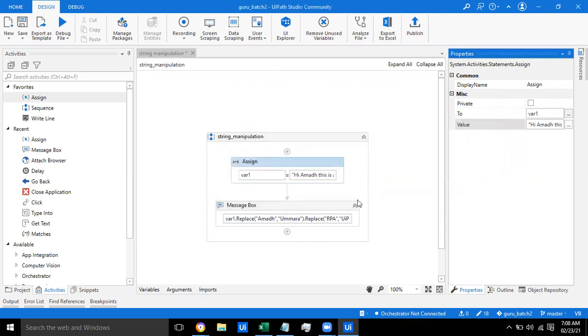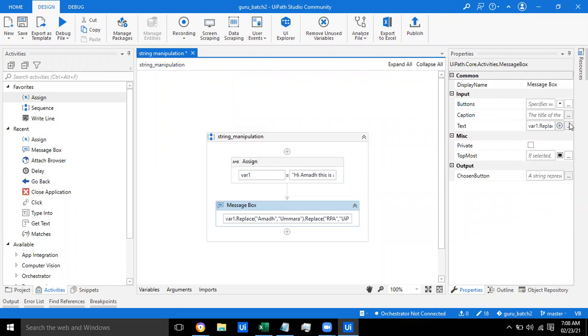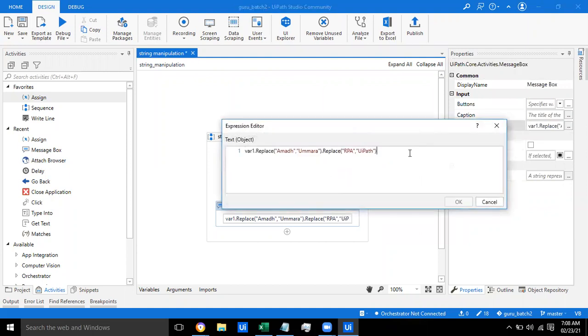So I'm going to add some other thing, dot replace of Syed with Ibrahim. Now what will be my output?